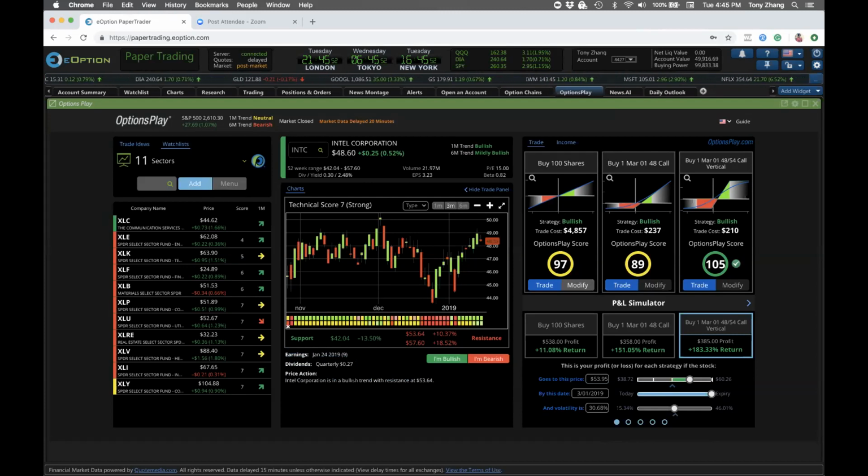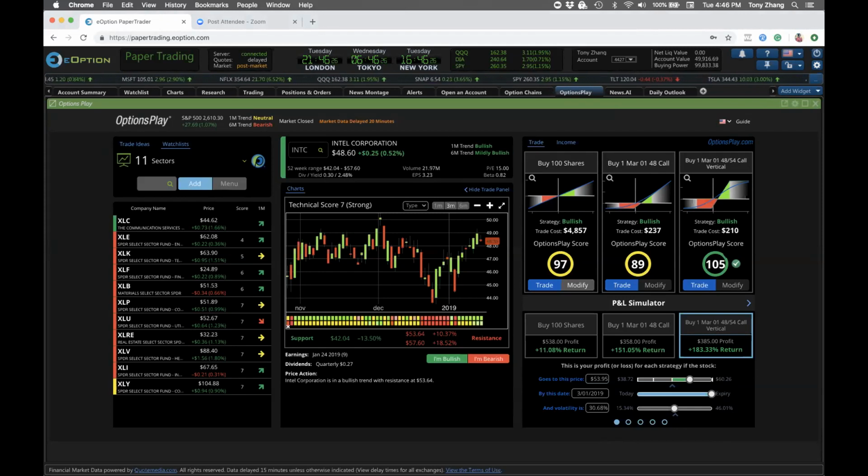For our strategy, once you have an underlying view on the stock, what we have is trading and income. Today we're going to focus on trading because we're looking for trading strategies. We're trying to speculate on the direction of a stock. So by looking at Intel, what we instantly offer you is 3 strategies. If you're bullish on the stock, we'll show you 3 bullish strategies: buying the stock, buying a call option, which is the simple call strategy that you would trade on earnings, and the call vertical, the more complex strategy that you can trade on earnings.